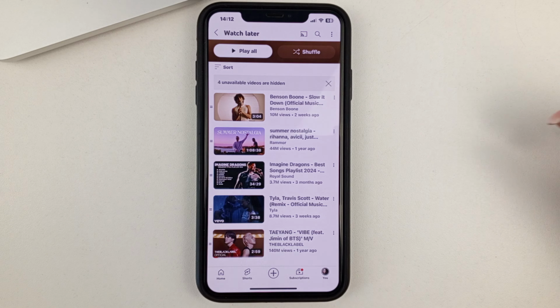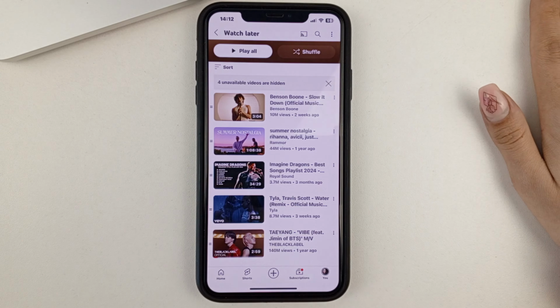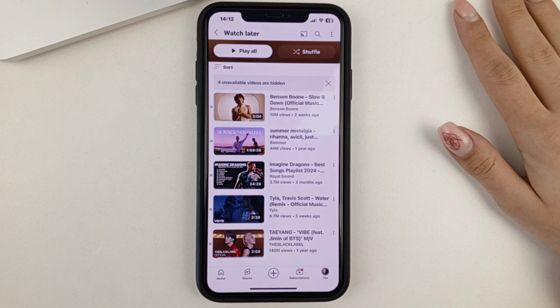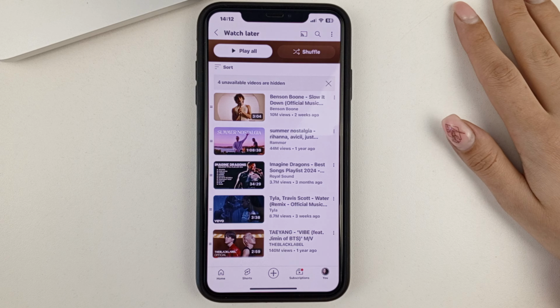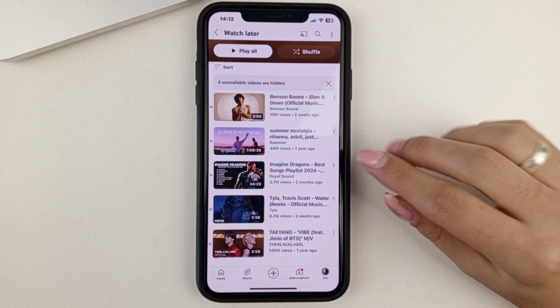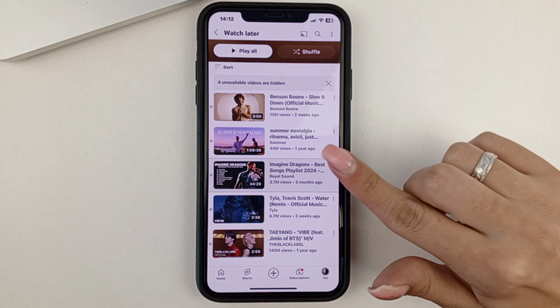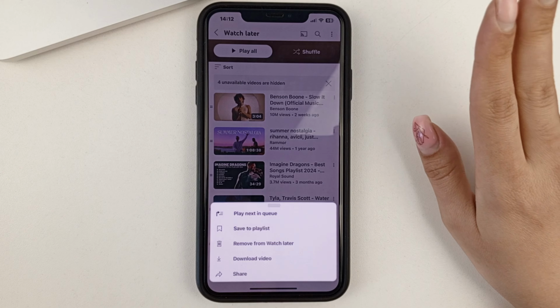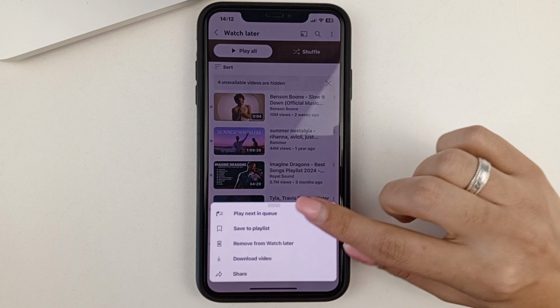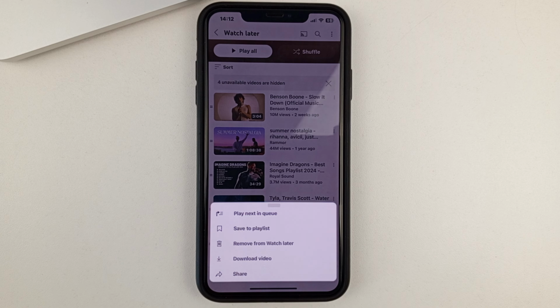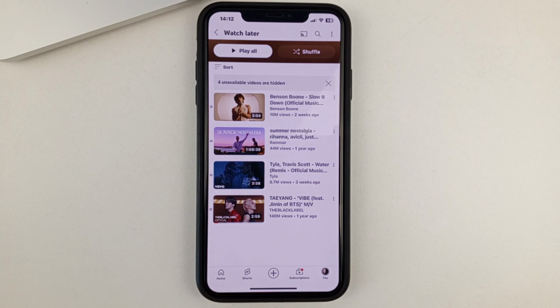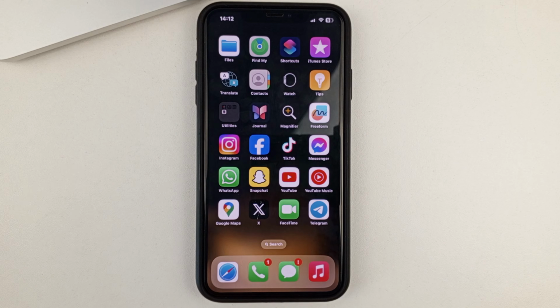If you no longer want any video to be in the playlist, then you can delete it very easily. To do this, all you have to do is click on the three dots near the playlist, next to the video, for example, and then you select Delete from Watch Later folder. And that's it. Instantly that video will be removed from that playlist. That's the way to find the Watch Later playlist on your YouTube.